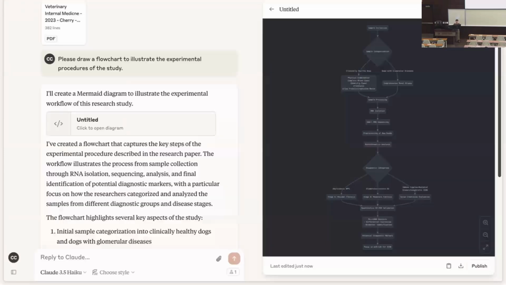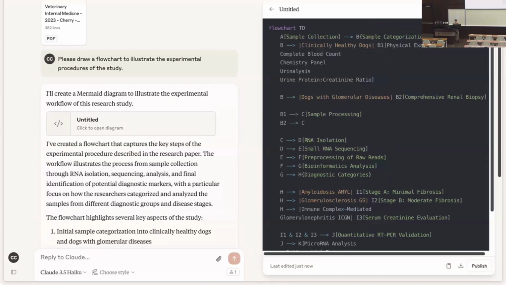But what I like to do is I just upload my research paper or my research proposal and say, hey, make me a flow chart. And I got the result on the right-hand side. Oh no, this looks very complicated. You cannot edit it. So what you would do actually is you click on code and then you click on